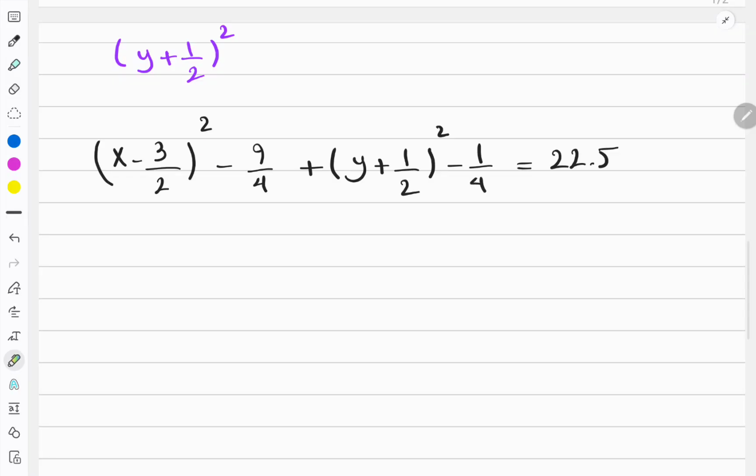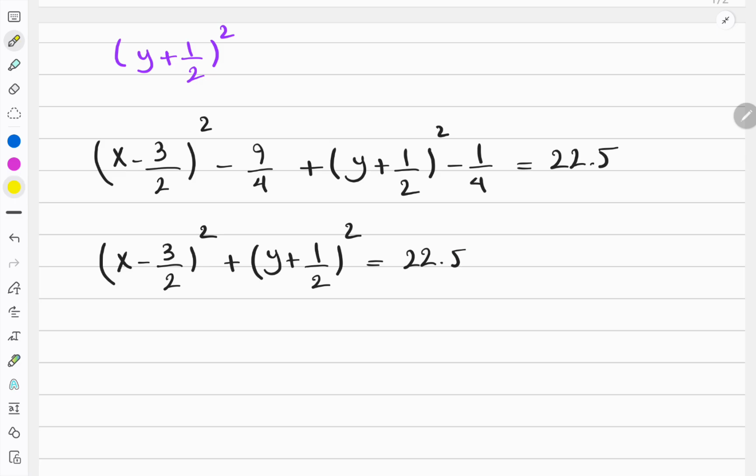Okay, I need these two, and I'm gonna collect negative 9/4 and negative 1/4. So (x minus 3/2) squared plus (y plus 1/2) squared is 22.5, and